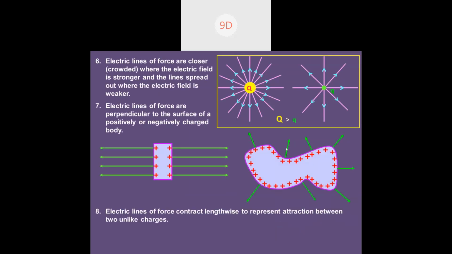See, such a kind of shape also. Look at this shape. I'm saying that they are perpendicular. Whatever the shape may be, they will be perpendicular only. See, they are perpendicular to the surface. Here it's clear, but this kind of shape also you can see that they are perpendicular. This could be a positively charged body or negatively charged body, guys, irrespective of that, the field lines are perpendicular. And we even discussed this point. They contract lengthwise, and if there is a repulsion, what happens? They expand in a lateral way.